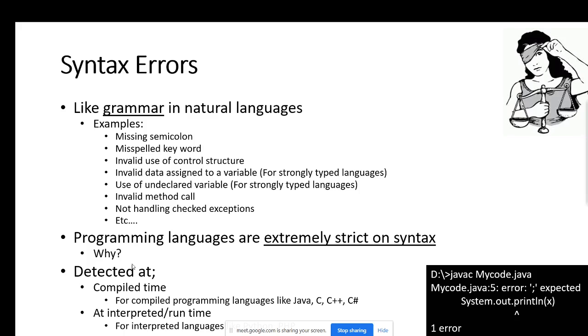So syntax errors are detected at compile time, right? If it is a compiler-based language, or they will be detected at the interpretation or runtime if it is an interpreted language like Python or JavaScript. Okay, but when it comes to Java, C, C++, etc., the syntax errors will be detected at compile time. Okay,